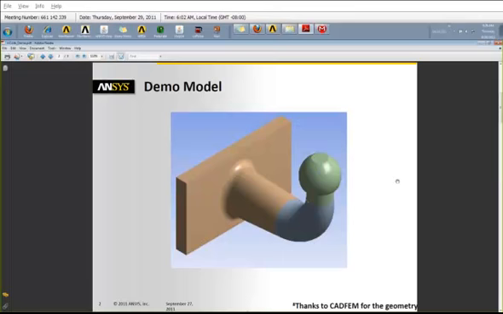So this is the model that I'm going to do a demo on. This is a trailer coupling, and this end of the trailer coupling goes into the back of a car or any automobile. So what I'm going to do is apply some force on this ball, and we're going to do a static structural analysis. Then take those structural results into ANSYS nCode DesignLife and do a fatigue analysis and calculate the life of this